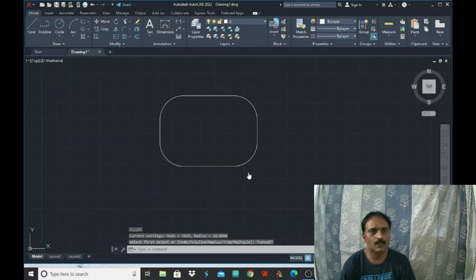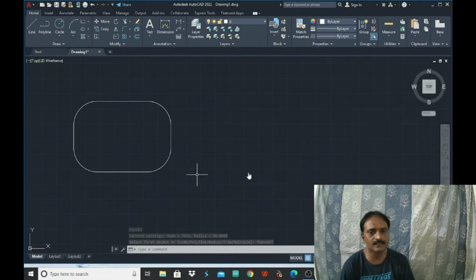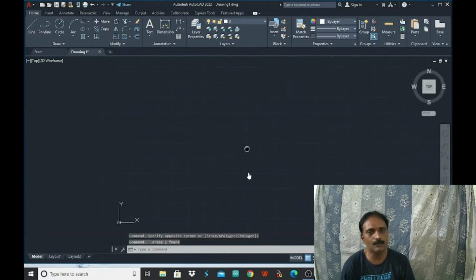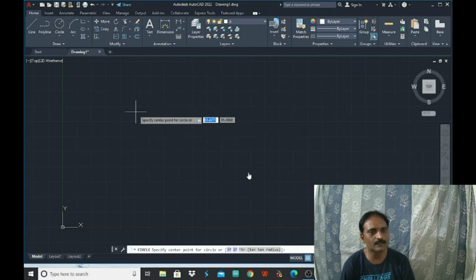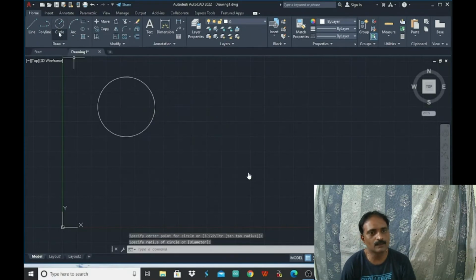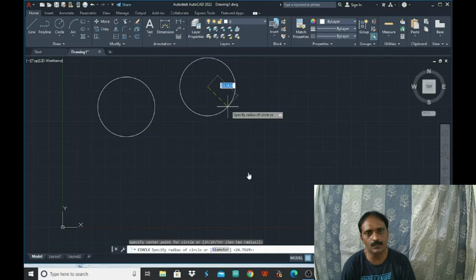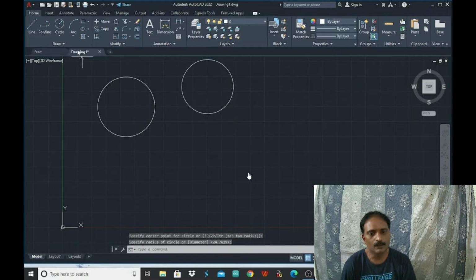Next, we are going to see the TTR command, that is tangent, tangent and radius. First of all, in order to have the two tangents, we require two circles here. So I am considering the two circles. This is circle 1 and this is circle 2. Now I am executing the command TTR, that is tangent, tangent and radius.